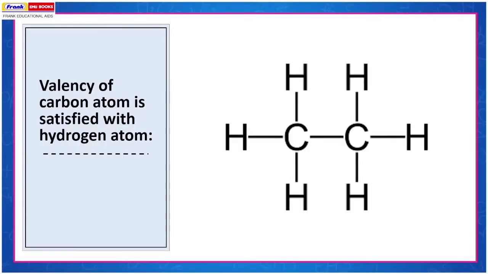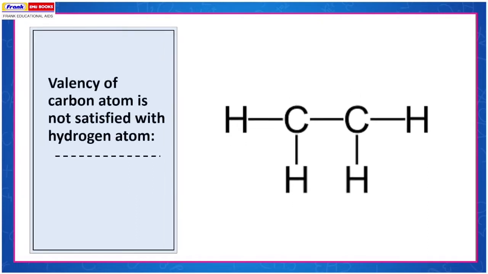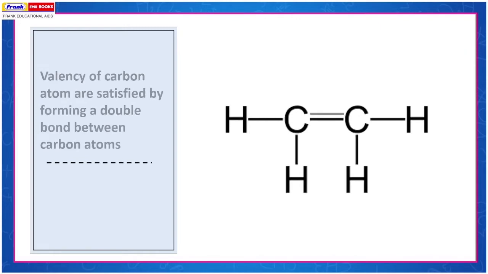In the given diagram, CH3-CH3, the valency of each of the two carbon atoms is satisfied with hydrogen atoms. In the next diagram, CH2, the valency of carbon is not satisfied with hydrogen atoms. In the diagram CH2=CH2, the valency of the carbon atoms is satisfied by forming a double bond between